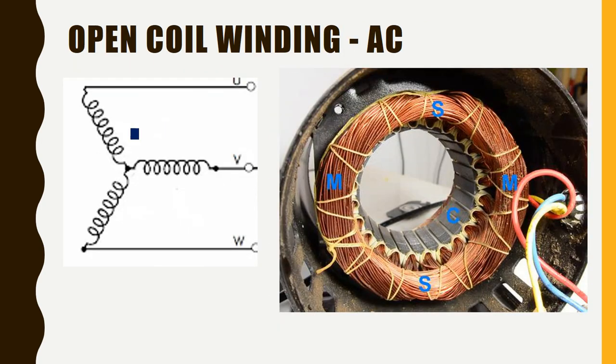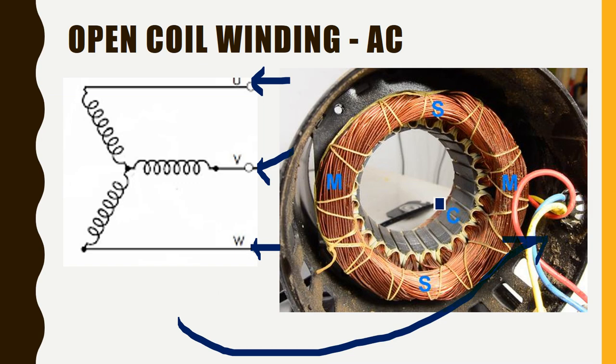Whereas for AC winding, let us consider a three-phase winding. Winding number 1, winding number 2, and 3 are all connected maybe in a star manner, and it is connected outside with terminals. So it is not finally becoming a closed winding; it is an open winding where we will be able to connect the input supply. So it is not totally closed. Hope you are understanding. You can see the terminals are coming out from the winding like this. There is no commutator segment. So this is the reason why AC winding is known as open coil winding.